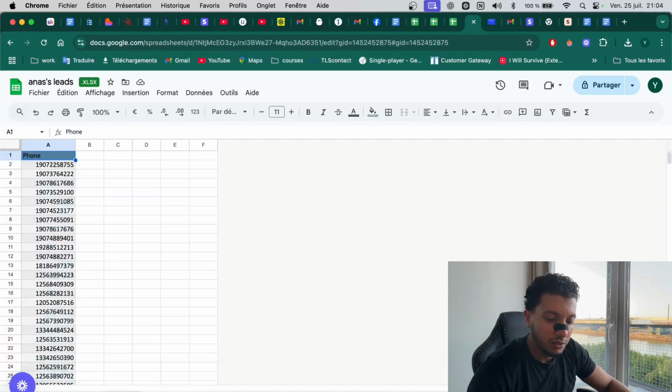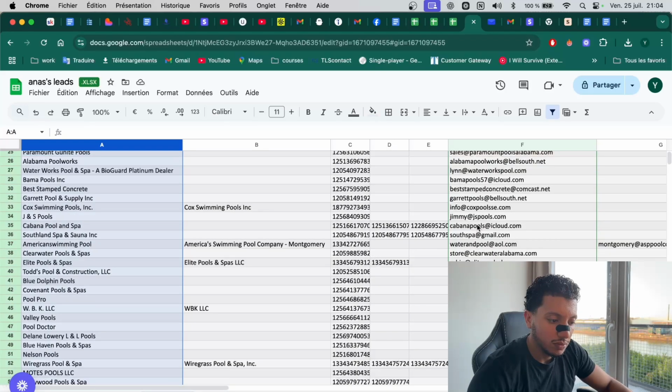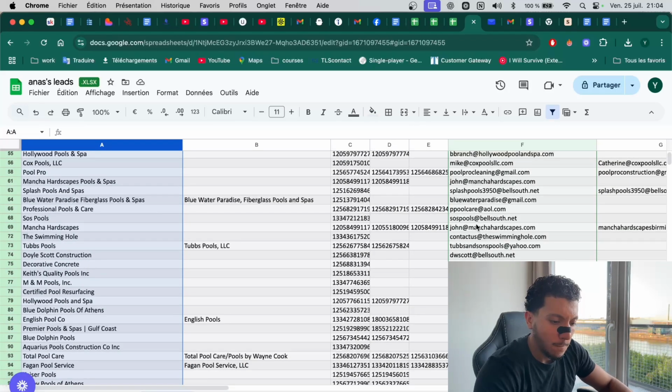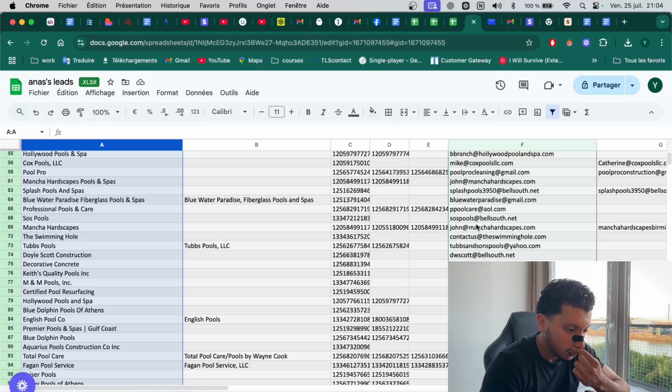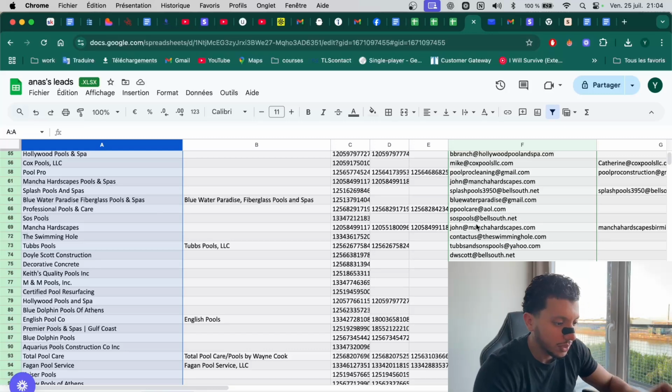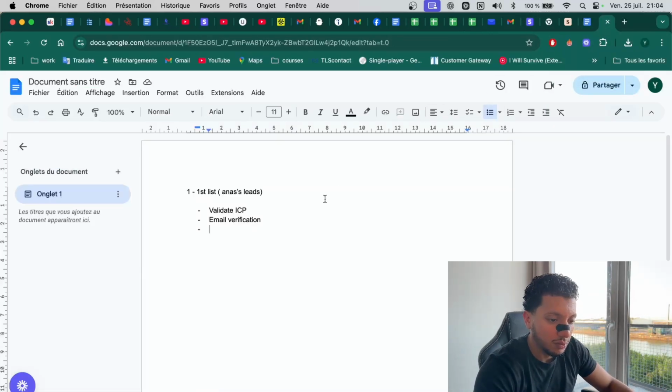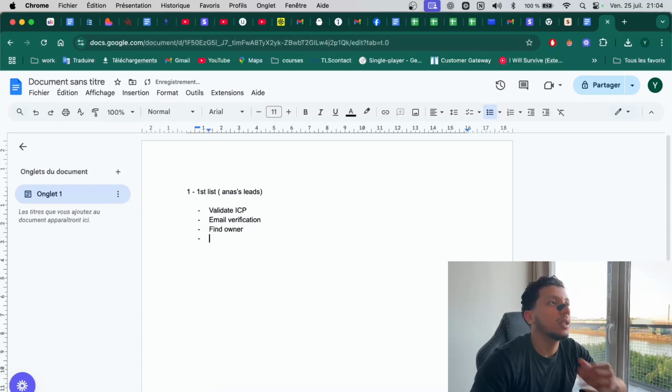So if we don't have the first name, we'll have to find the owner. That's doable with the Google Search API.